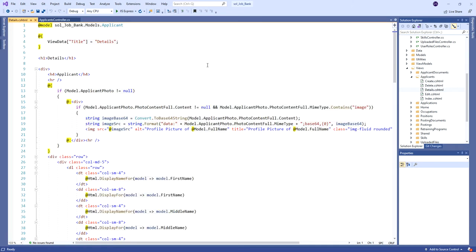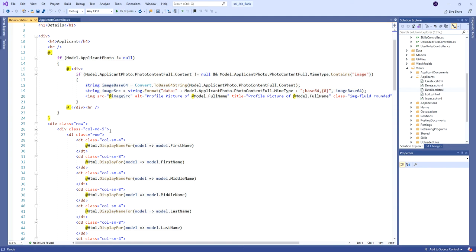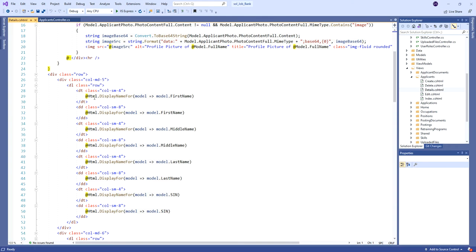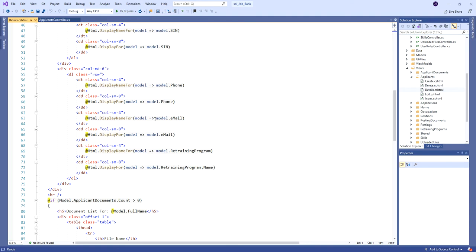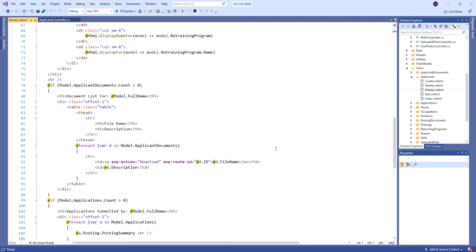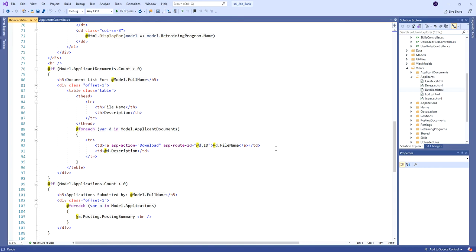All right, so here's our details view. So at the top, we have that normal information, the photo of the applicant. Here's all the first name, middle name, last name, all the basic information about the applicant, broken down in a couple columns to take more advantage of the width of the screen, right, when it's available. Okay. And then below that, we're going to then show by looping through all the documents, right? We're just making a little table here to show the file name and the description of all the documents